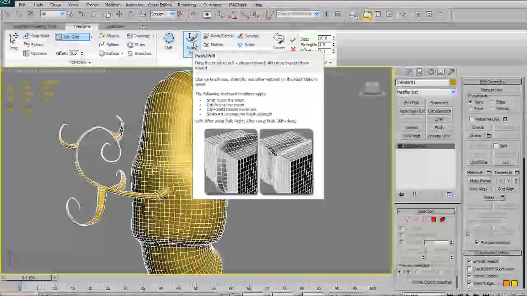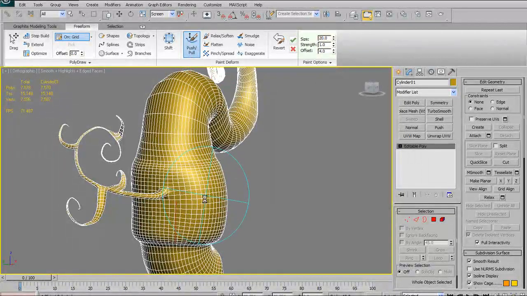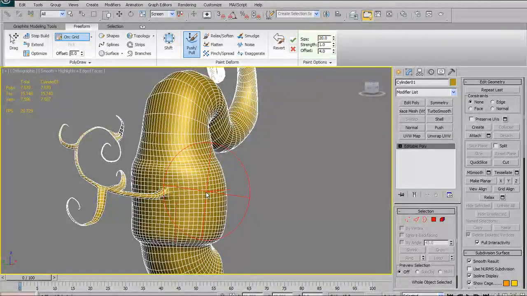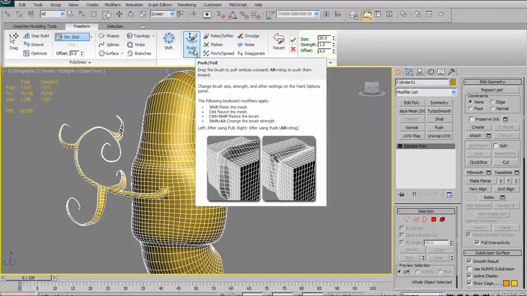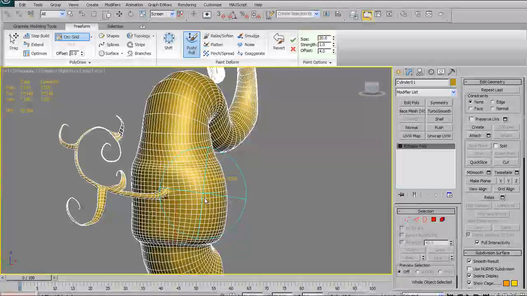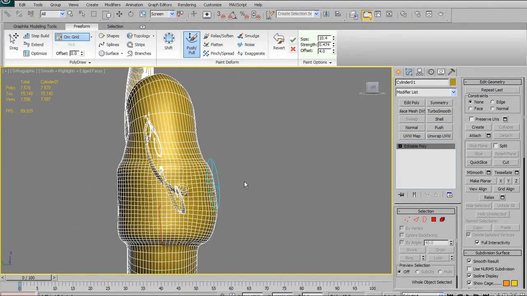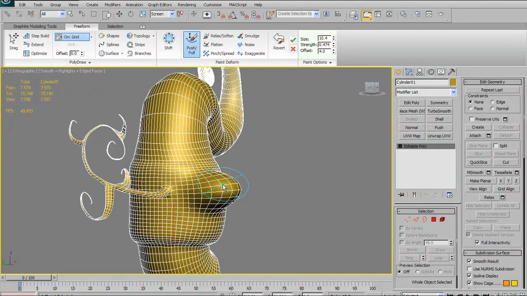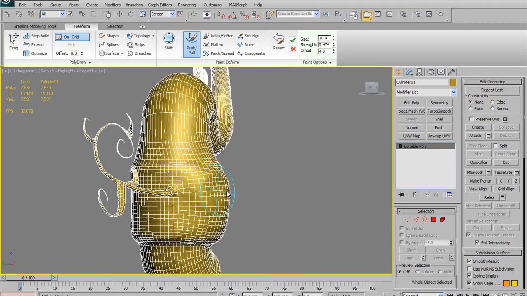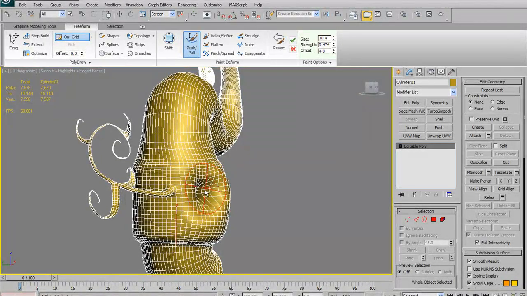And there are a few quick hotkeys. So holding shift will relax the mesh, relax it down. And then the other quick ones are control to revert, control shift to grow your brush, and control alt to control the fall off. So again, control shift to grow the brush, control alt to control the amount of intensity or fall off, and shift to relax, left click to add, control to revert, and lastly, you can use alt to subtract. Left click add,